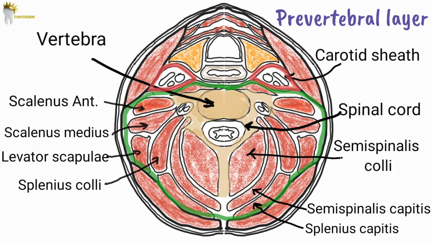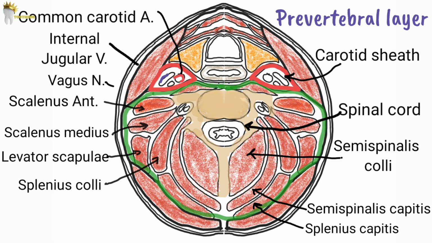This carotid sheath is formed by contributions from the pretracheal, prevertebral and the investing layer. So all the three layers form this carotid sheath. As you can see, this is a paired structure on either side of the neck. The contents of the carotid sheath are common carotid artery, internal jugular vein, vagus nerve and cervical lymph nodes. So there is an artery, a vein and a nerve. These were the basic layers of fascia.